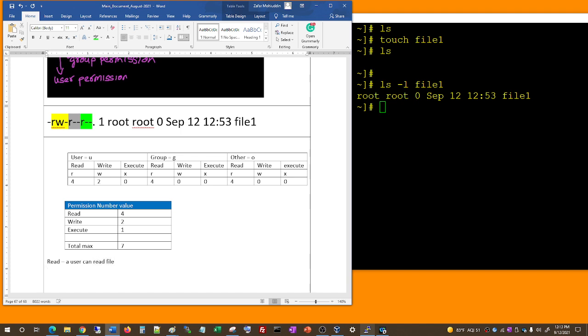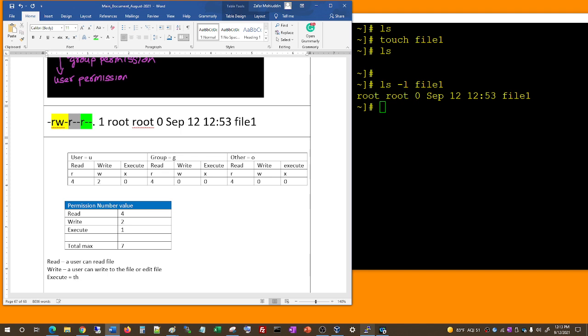Write means a user can write or edit a file. Write to the file or edit the file. If an existing file is there, you should be able to edit it. Okay. Execute means